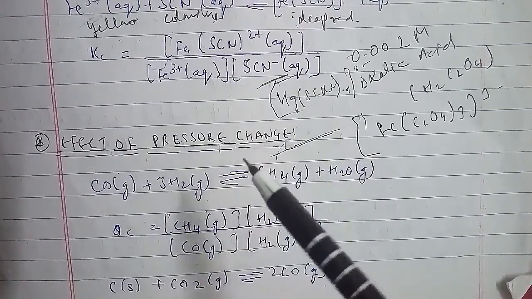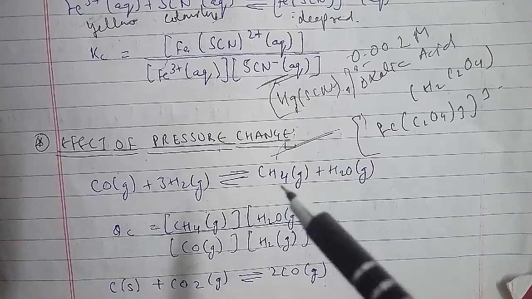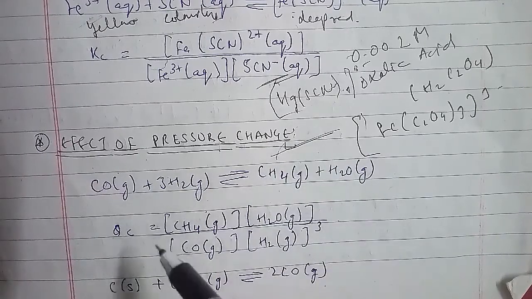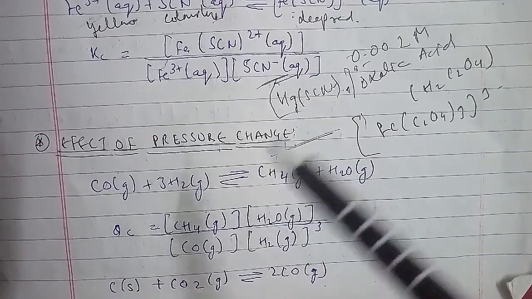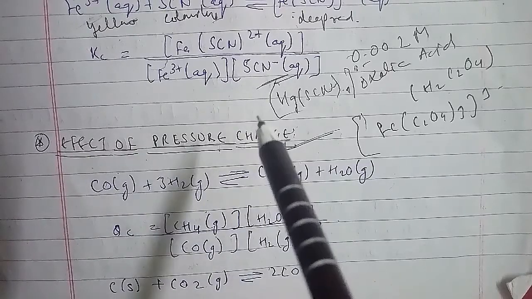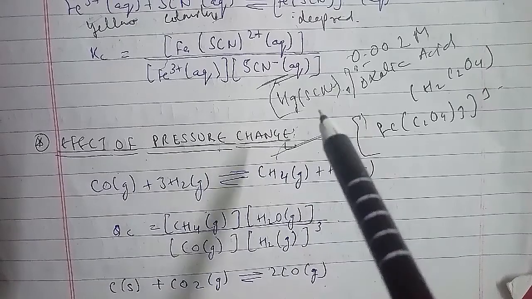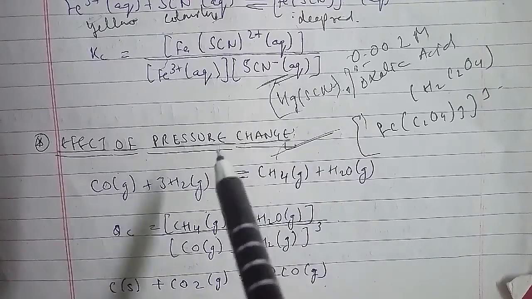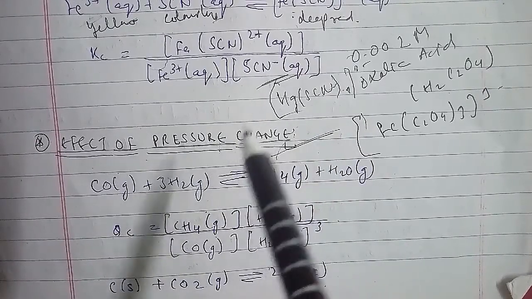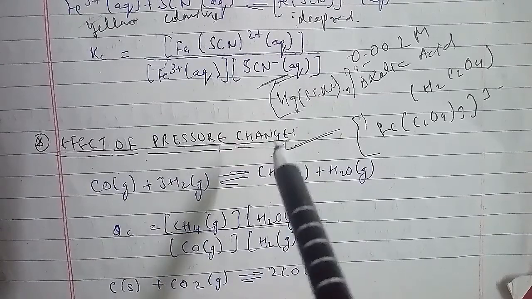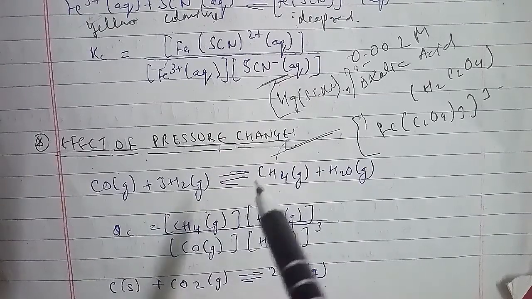And vice versa, the reverse reaction, CH4 plus H2O gives CO and 3H2. Here 4 moles of the gaseous reactants, that is carbon monoxide plus 3H2, become 2 moles of the gaseous products, that is CH4 plus H2O. With regard to that, suppose the equilibrium mixture for the above reaction is kept in a cylinder fitted with a piston